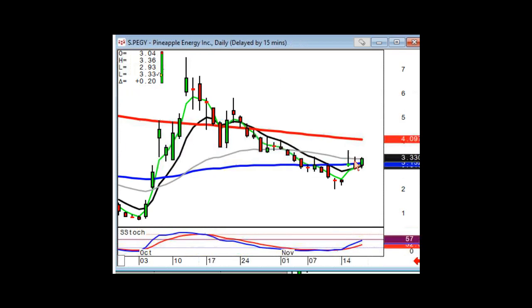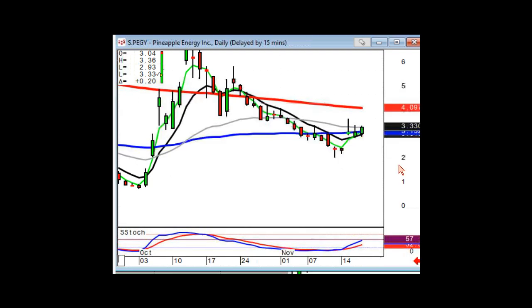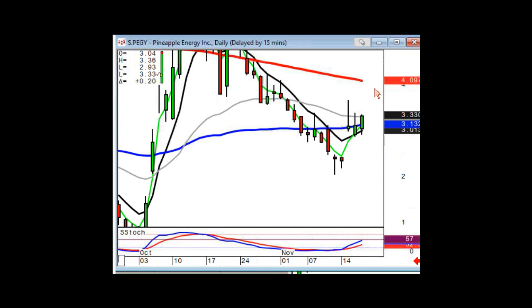This one gapped up through the T-line, showing strength. Strategy already set up for you. If it opens positive, you're buying. Where's your stop? You don't want to see it close back below the T-line, which would be up a little bit higher tomorrow. So you know when to buy. You know what would confirm this uptrend: positive trading. And you know what would negate it: coming back down